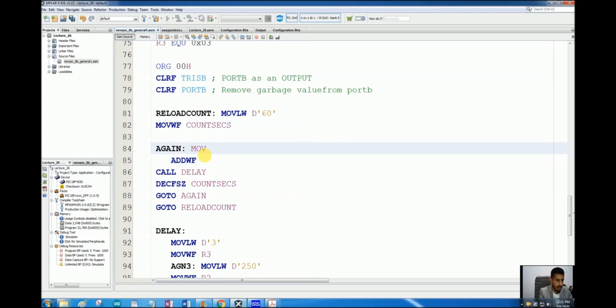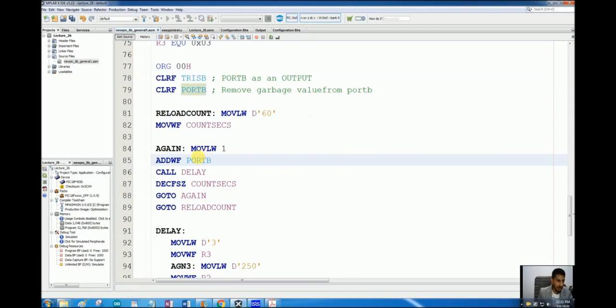First move literal 1, add 1 to the working register, then add working register and file register. Which file register? Port B, and the result will be saved by default in working register. If we specify we have to save it in file register only, then it will be saved in file register. If we don't specify, it will be automatically saved in working register.